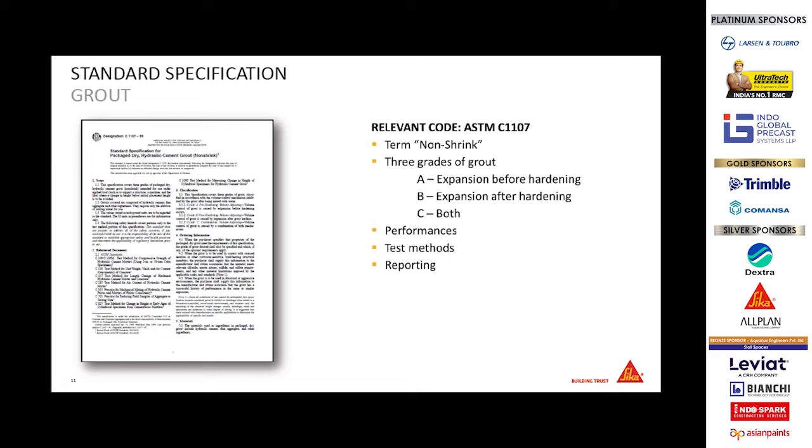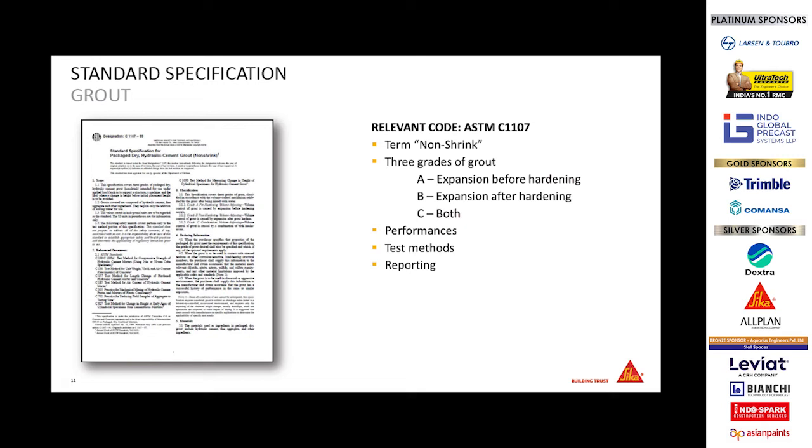Cementitious grouts are made up of cement. So the inherent property of cement is that during the hardening process, it will shrink for sure. Nobody can stop it. So whatever shrinkage is happening has to be compensated, and that compensation is done by the expansion method. And the grout manufacturer has to take care of those application parameters, how this expansion